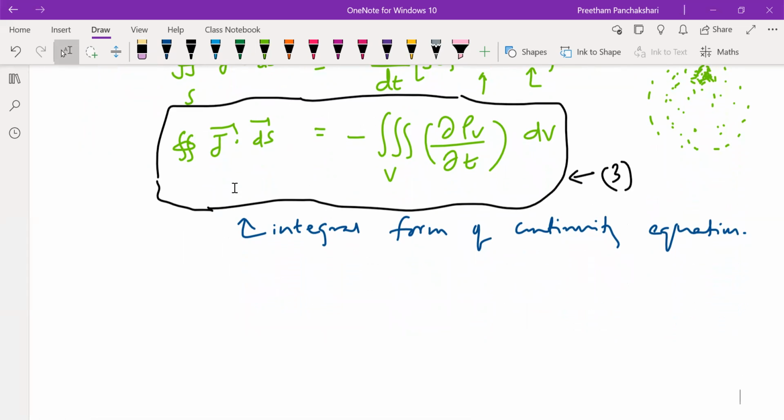But we can modify this continuity equation into a differential form or a point form, which is applicable to a specific point or a very small volume. Instead of a larger volume enclosed by a closed surface, we can shrink the volume within the closed surface to such a small value that the small volume can be assumed as a point. So then the equation becomes a point form. So now I would like to give you the point form or differential form